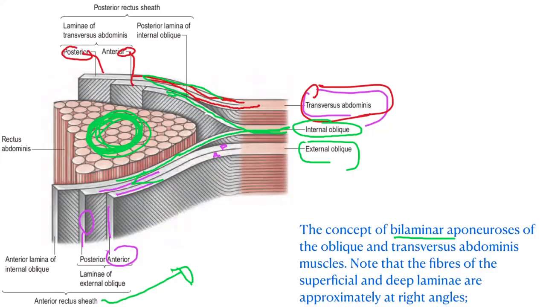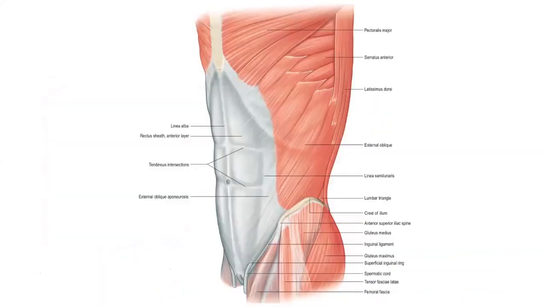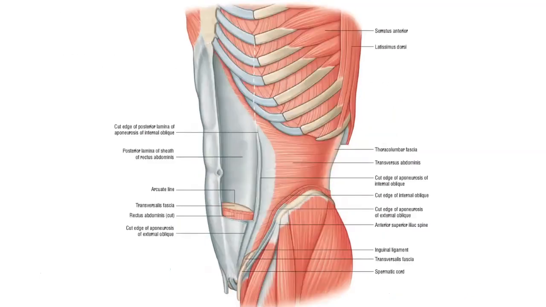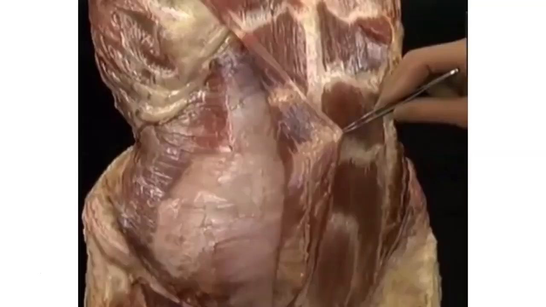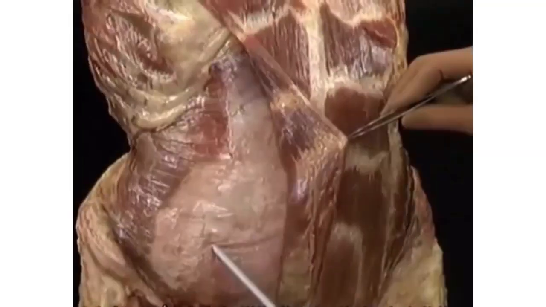Observe this diagram for a period of time. Okay, you will be clear. Coming, see, this is the anterior layer of rectus sheath. This is the cut one, posterior layer. You see, this is the muscle, rectus abdominis. You see, this is the rectus abdominis muscle, rectus abdominis, right?